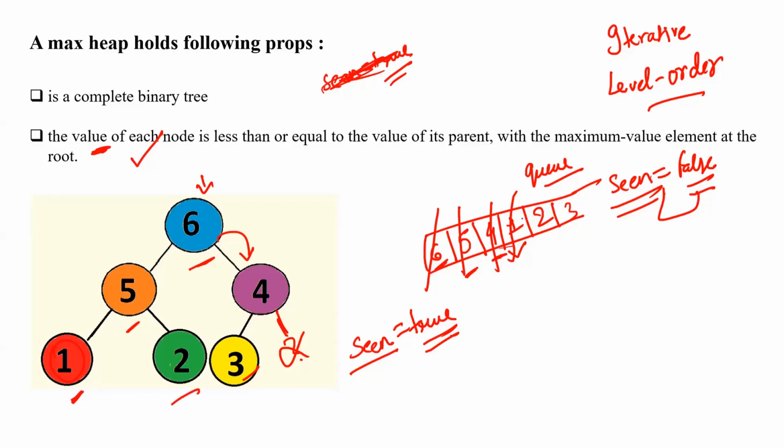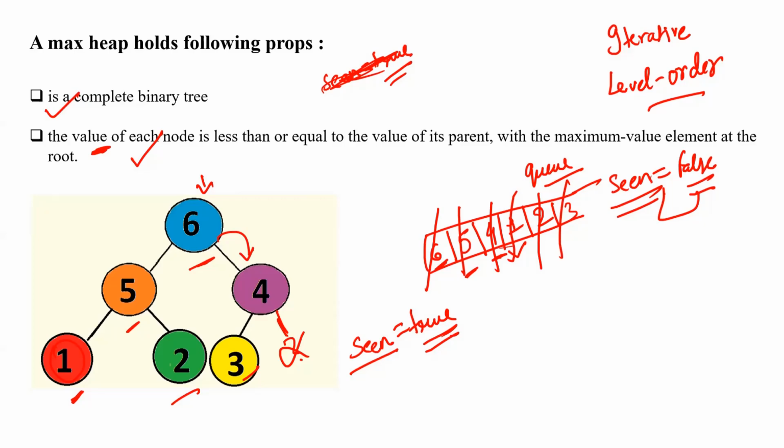Then we are going to check for 2. 2 does not have right child, left child, nothing. We're going to remove it. Same implements on 3 as well. So now our queue is empty, and you know that the cases didn't become false for any of these 2 conditions that we do have for max heap. So at the last, we'll be returning true itself.